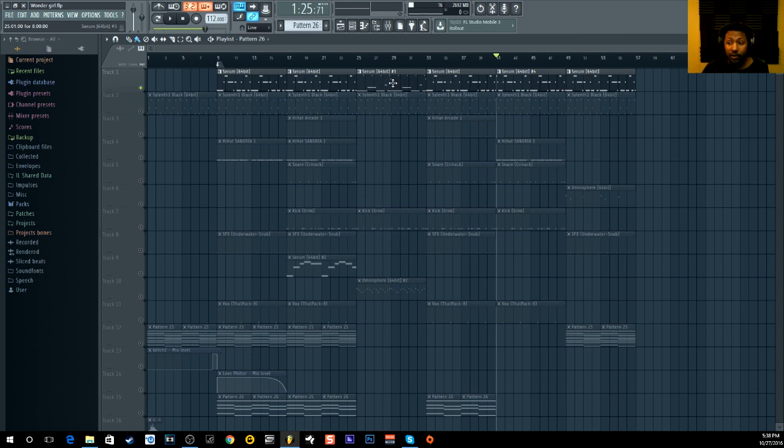And the way, if you want to do this, like I said, what I do is I'll just make the patterns regular, use the regular pattern. If you click the little button up here and go to make unique, it will make it a unique pattern. And you can double click that pattern that you just made unique and you can edit it in there and it will not affect all the other patterns. So just right click the little piano right here and go to make unique and you make it its own pattern.